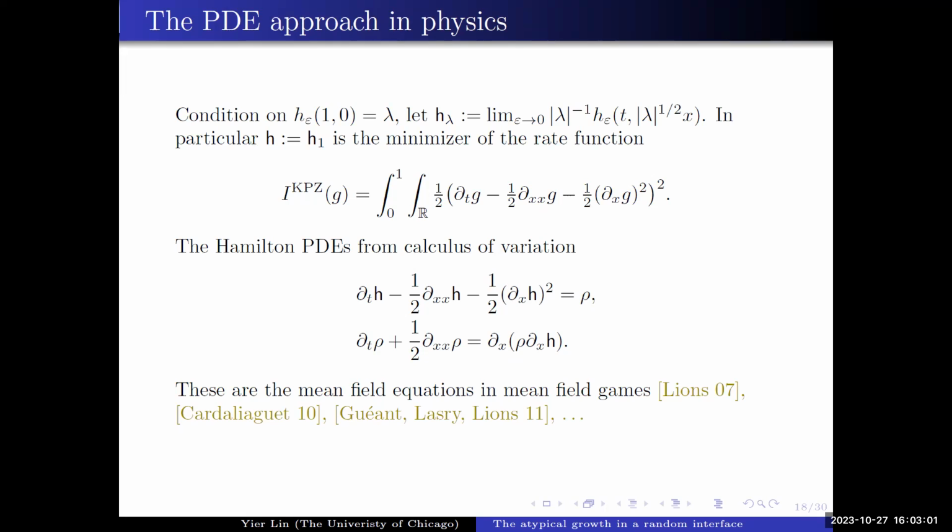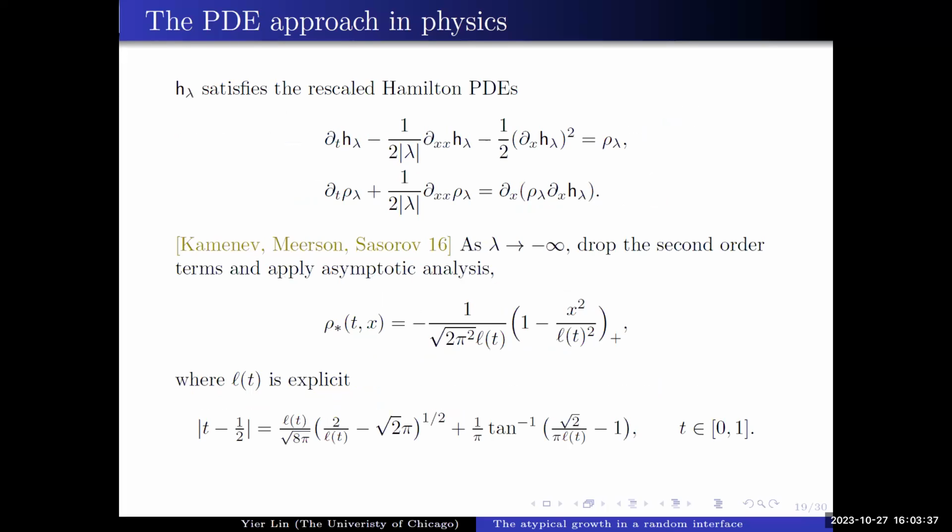Okay, so how do we study this question? In the end, our approach is a combination from the probability side using the tool of stochastic analysis and the large deviation tool. And on the other hand, using this PDE approach. So where does this PDE arise? Remember, this limit shape we want to understand. So conditional on the event happening, it corresponds to the minimizer of some variational problem. Think of the Brownian motion example that I have showed you. So here it's something similar.